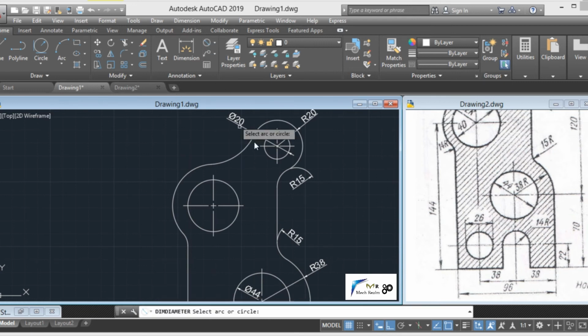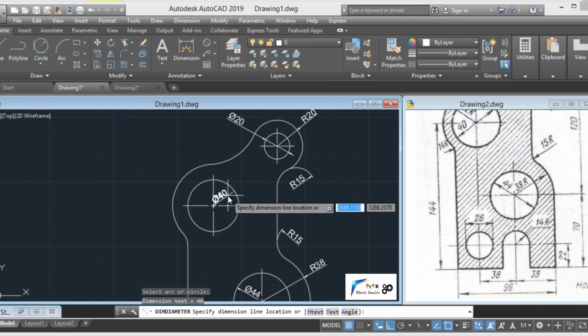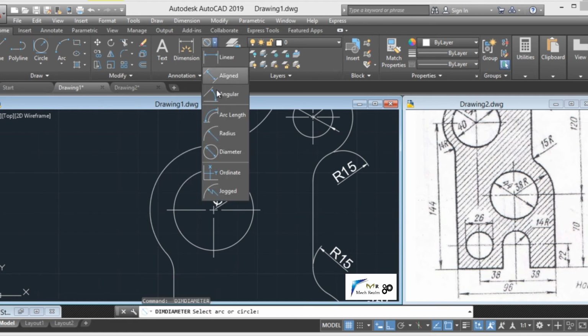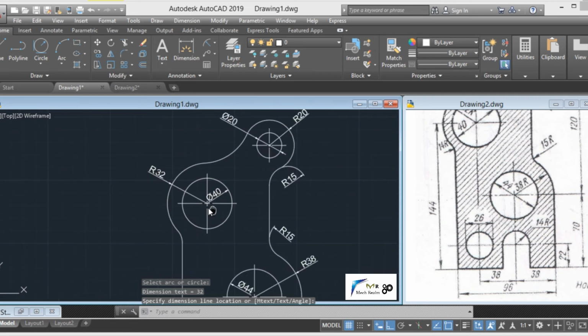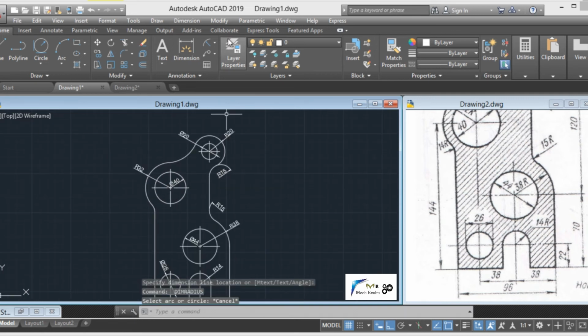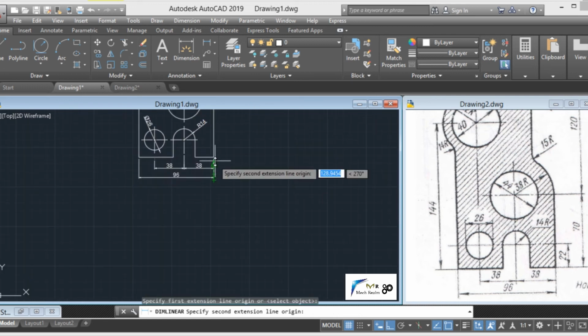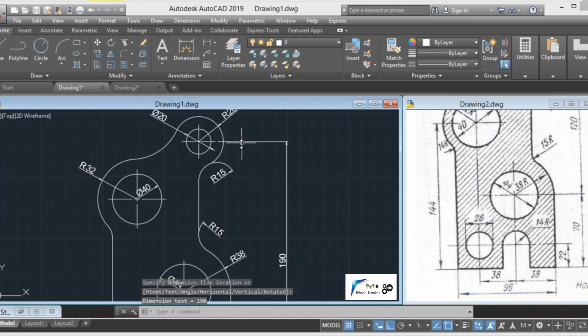Now diameter of this inner circle to be 40 and radius of outer circle will be 32 mm. Clear? And the distance between this center and this bottom will be 190 mm, as can be seen from here.